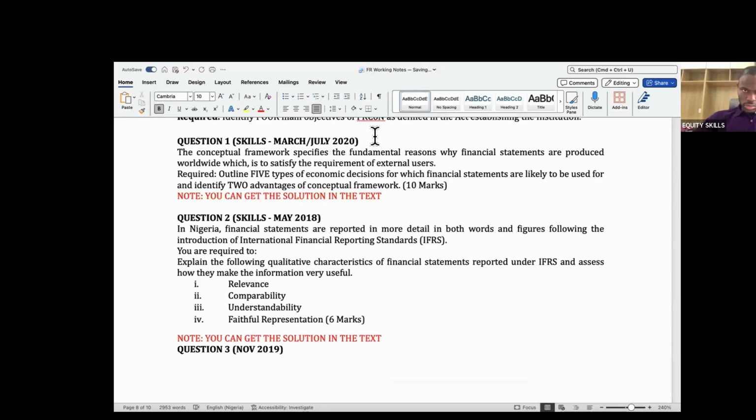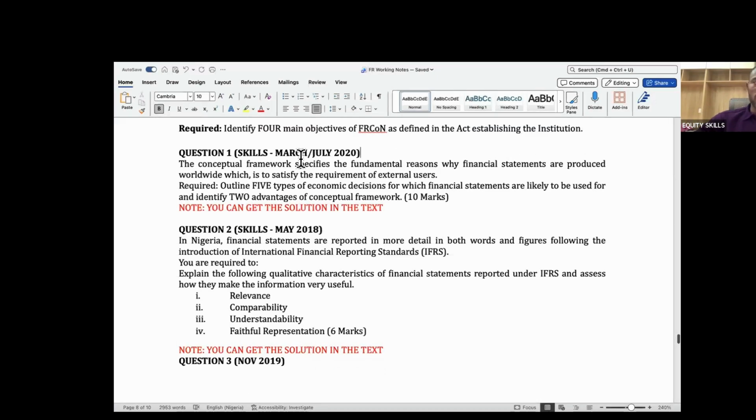Now, another set of questions. You know that all these we are looking at are your past questions, actually. They said the conceptual framework specifies the fundamental reasons why financial statements are produced worldwide, which is to satisfy the requirement of external users. Outline 5 types of economic decisions for which financial statements are likely to be used, and identify 2 advantages of